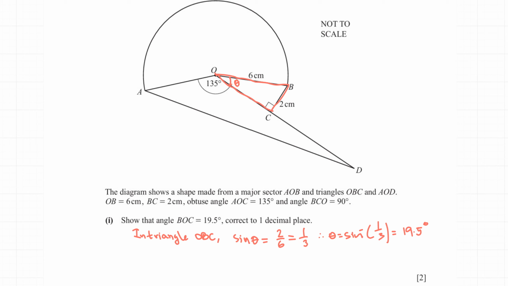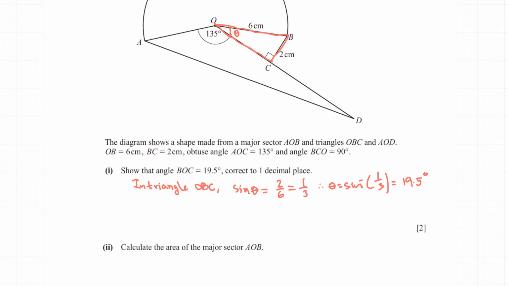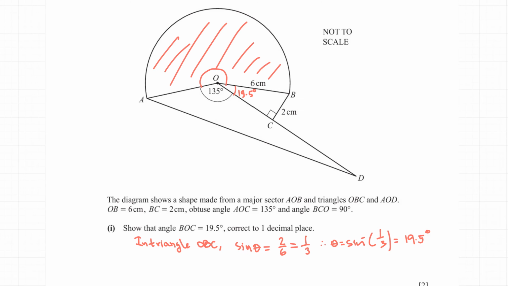So that's part 1 completed. Then we move on to the next bit, which is saying calculate the area of the major sector AOB. So that's the major sector AOB. You can write here that this is 19.5 degrees. Okay, so the major sector AOB, we need to find the area of that. The area of that is going to be pi r square, we know the radius 6, times this angle. So we need to find what angle AOB is. So the reflex angle AOB,